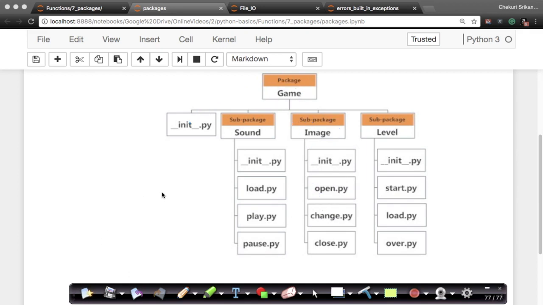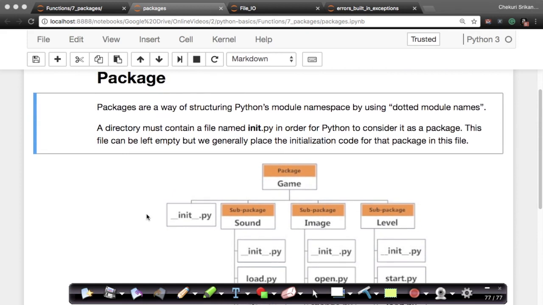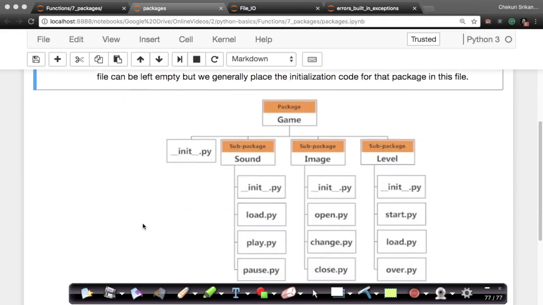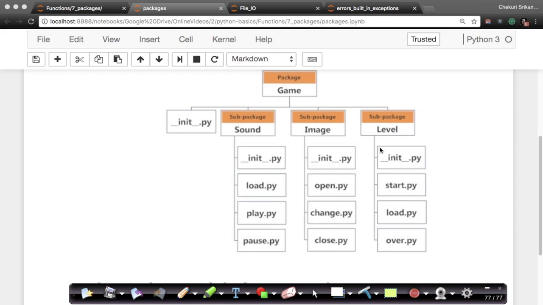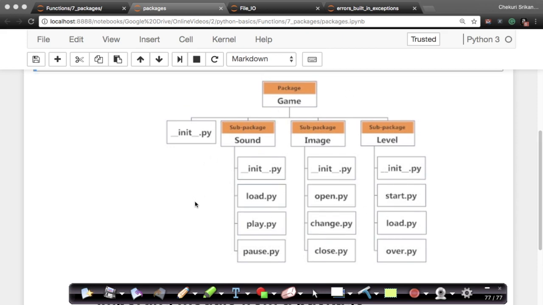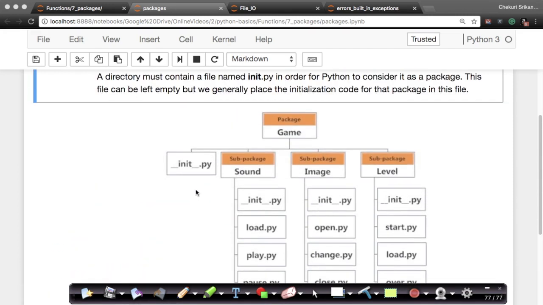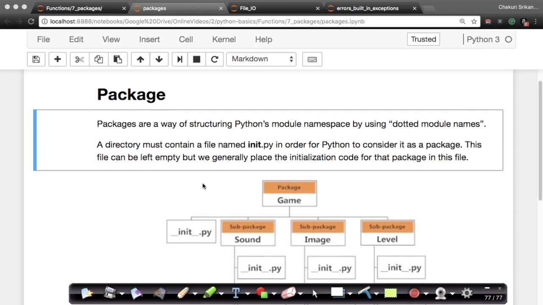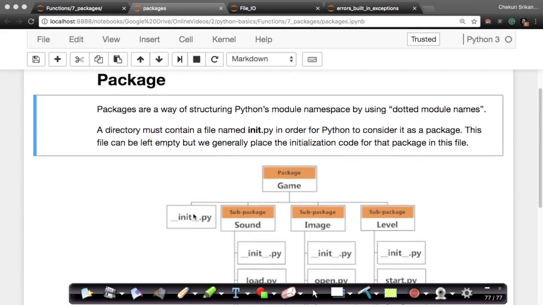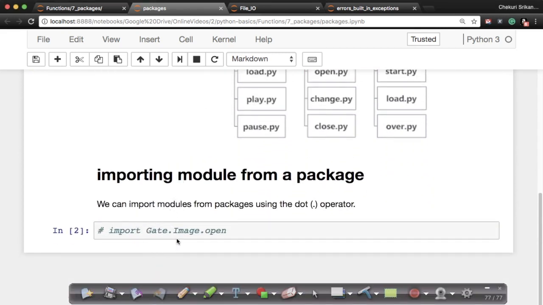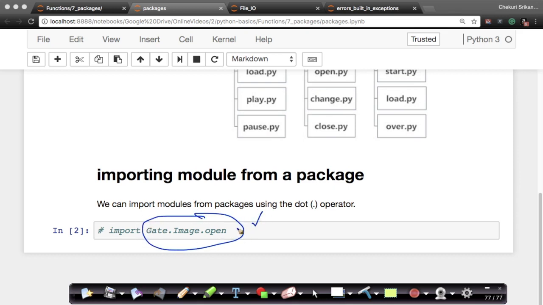So packages are nothing but ways of organizing your Python modules into a directory structure. That's all they are. Very, very simple idea. Packages are basically groups of modules. If you have a lot of modules which you want to logically group into folders, just the way you sort your files in various folders, it's exactly the same idea from a programmatic standpoint. We will use packages and the dotted notation a lot because we are going to use a lot of packages built by other programmers for machine learning and data science. So you will come across this type of dotted notation a lot throughout this course whenever we see code examples.